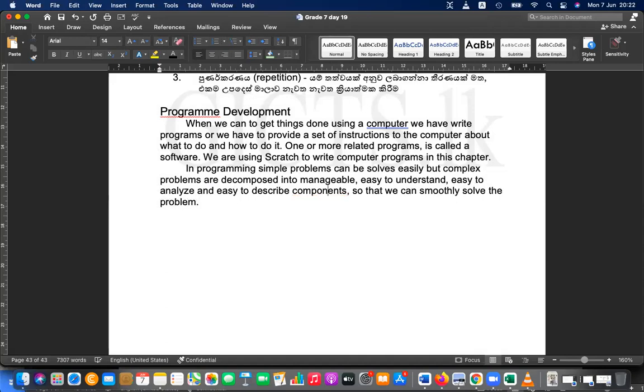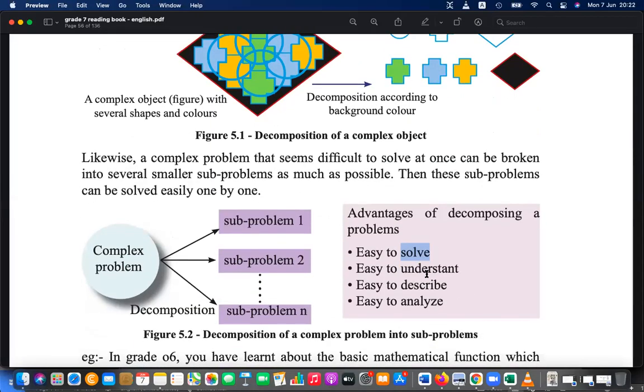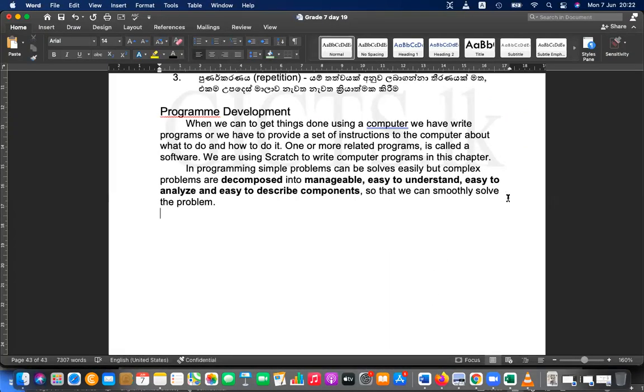Why are you dividing this into components? Because we can then smoothly solve the problem. So it should be manageable, easy to understand, easy to analyze, and easy to describe components. That is decomposition. That part is there in your book also. I have given a summary here: easy to solve, easy to understand, easy to describe, easy to analyze, can smoothly solve. This is the nature of decomposition.